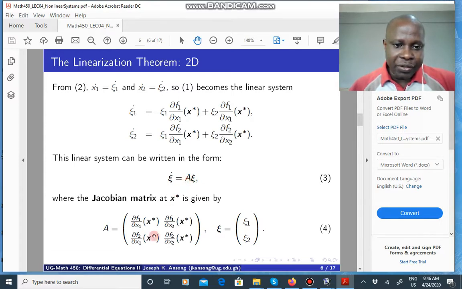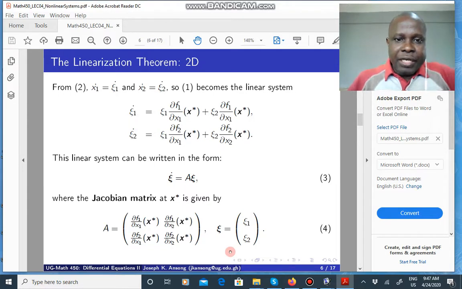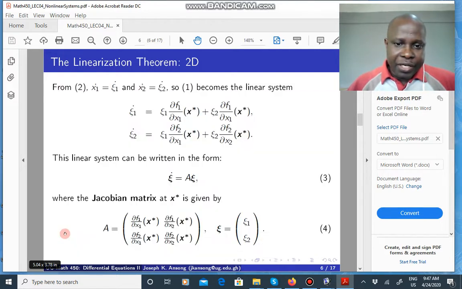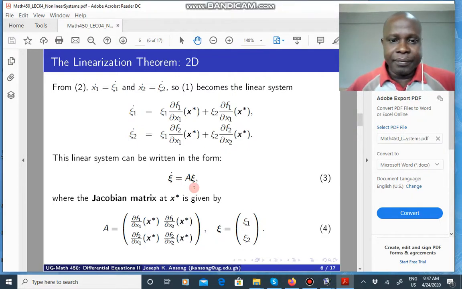It's a matrix consisting of the derivatives at a fixed point. And of course, zeta here is zeta 1 and zeta 2. Okay? So by doing a Taylor expansion, you have changed the nonlinear system into a linear system that we have machinery that we can analyze. Okay. So now this linear system here is the linearization of the nonlinear system. Okay, so that's the linearized form of the